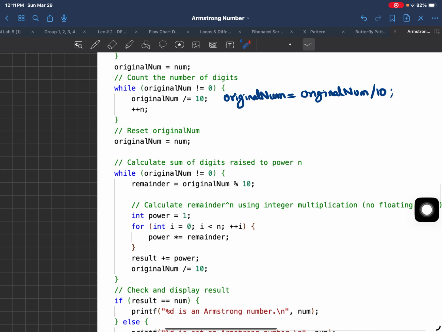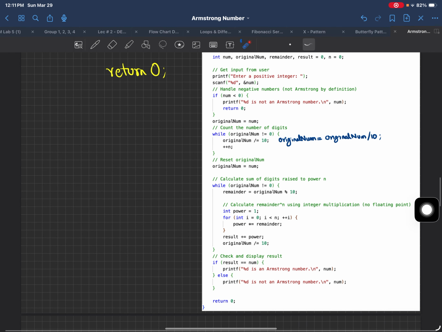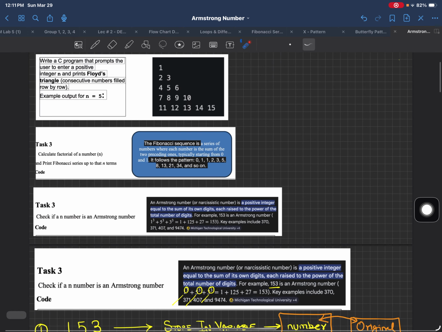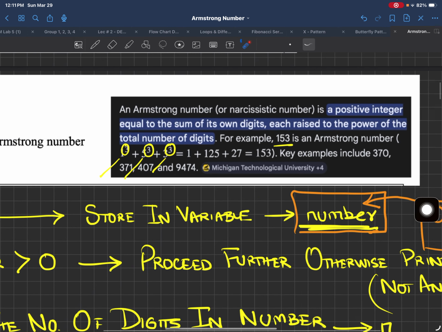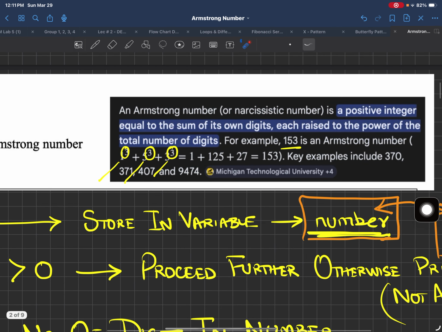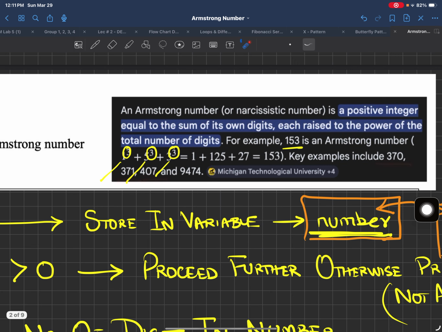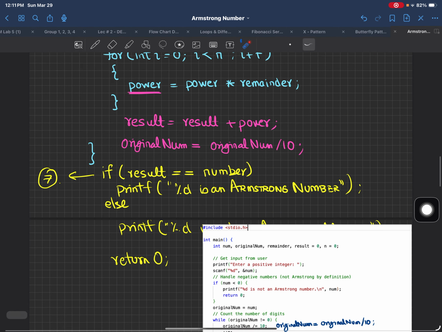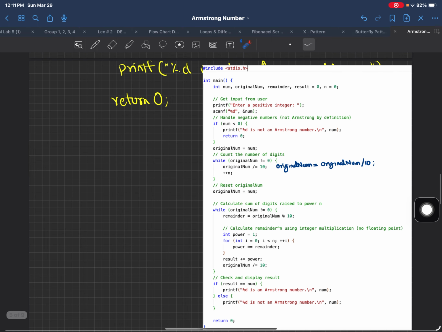Try to change this code to a for loop and see, it will still give you the same results, no issues in that. I just used the while loop because I have not used the while loop in all of this up till now. So this is the Armstrong number algorithm, and I hope you have an idea of what I have used. You can plug in numbers like 370, 371, 407, and 9474. 9474 is a 4-digit number, so you can find out whether it's an Armstrong number or not. I hope you have liked it and understood what I have tried to do over there,